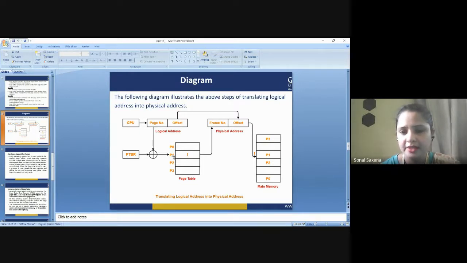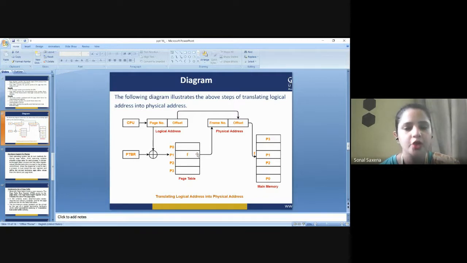So here you understand that, let's say this is a whole process, which is partitioned into 4 equal parts: P0, P1, P2, and P3. And here inside P1, it is written F. This is showing that P1 is stored at this particular frame number. So F would be some kind of a number. Let's say it is written 14. That means the second partition of your process, that is P1, is stored at frame number 14.